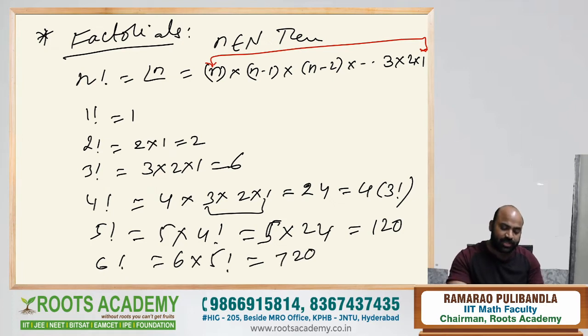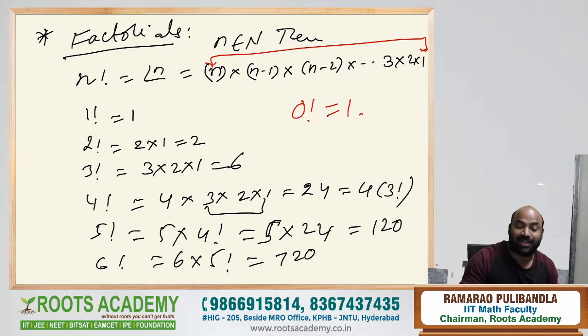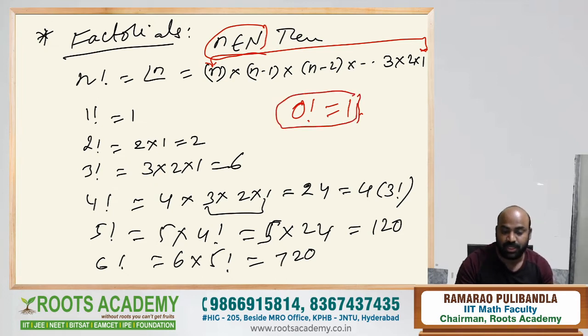And the next one, after these factorials. Here is one beautiful thing you have to remember: 0 factorial is always 1. It has a lot of analysis behind it. It's called an axiom, because factorial is valid only for natural numbers, but 0 is not a natural number. So it violates the basic definition, but it has high usage. Such things are called axioms. So 0 factorial equals 1 is an axiom.